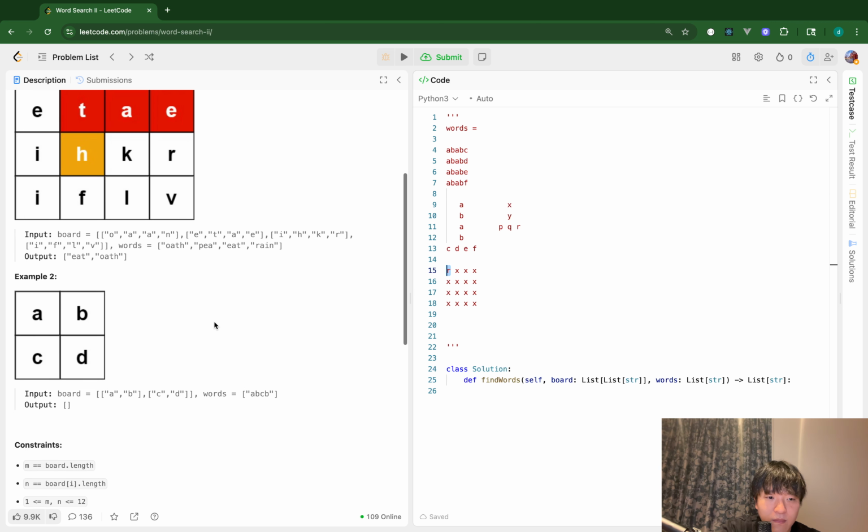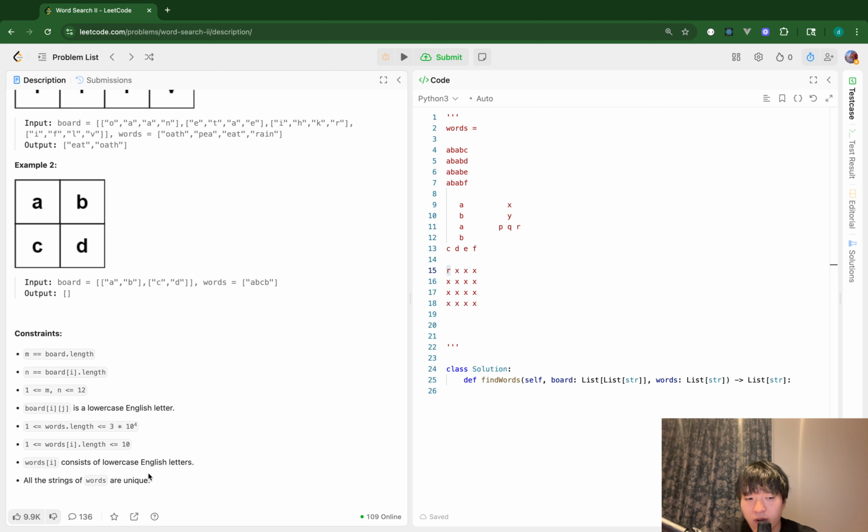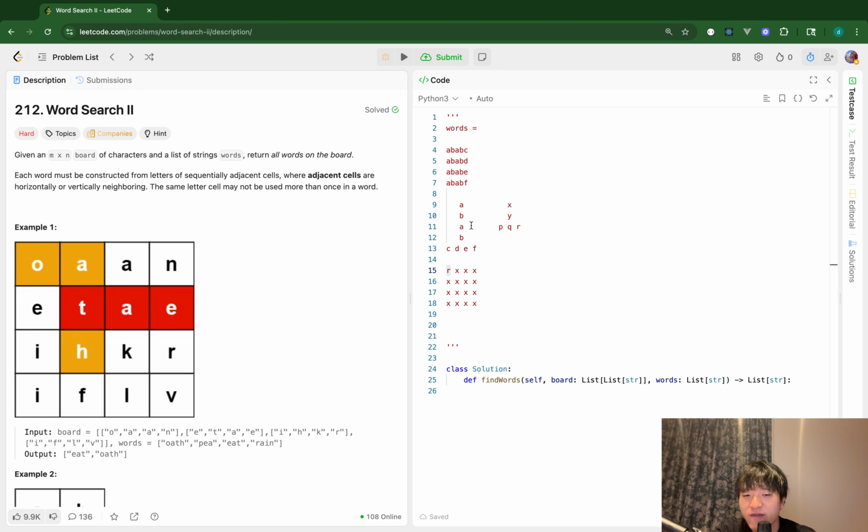And I can find the constraints or the strings where they're unique. So once I find the word, I can just forget the word. For example, if I say, if I find ABABC, yeah, let me show it a bit more easy way. Let me think of this example. In this case, say if I find, sorry,